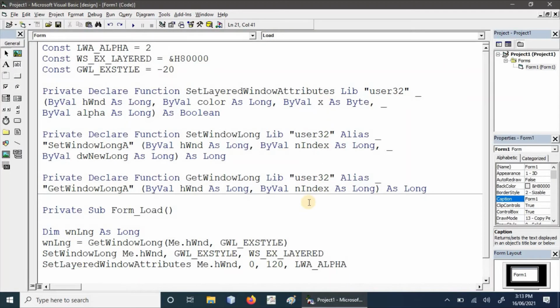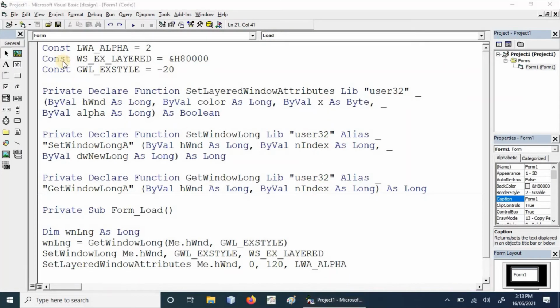Now it's time to understand the entire code. So let's start by defining the constant values. Here are three constants that are required to provide the parameters to the API calls.